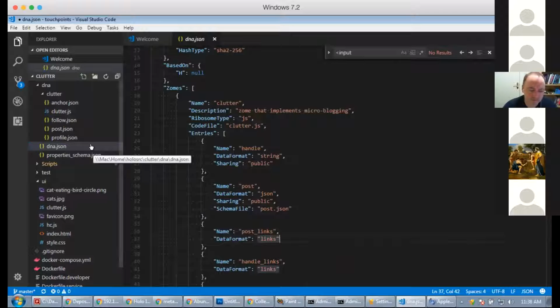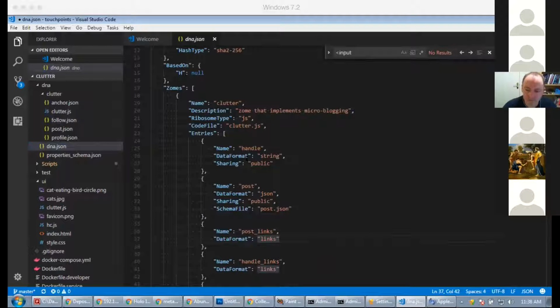Ray, have you talked a little bit about storage at all? Where does this data live exactly? So that you can read about. There's basically two concepts: your local chain and the distributed hash table. Both are hash chains, as I was describing, which means that once a commit is made, all the data following it is based on the hash of that data, so you can't remove anything.